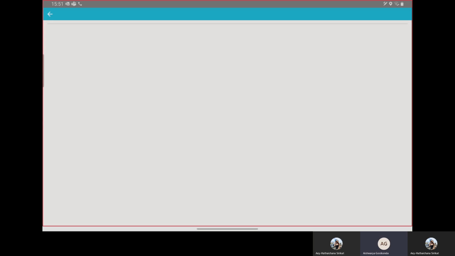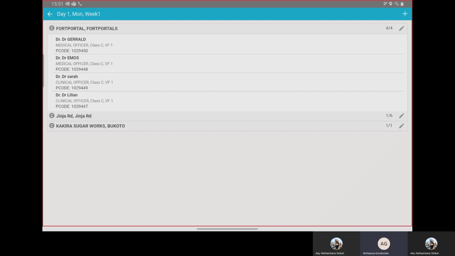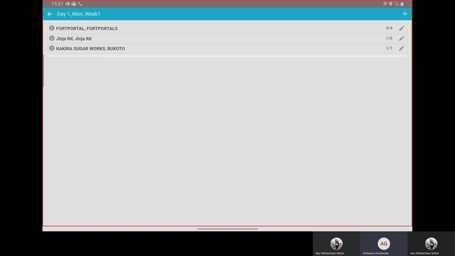When you click on that Fort Portal, you will be able to see all the customers present under Fort Portal. If you have selected four customers, then you will be able to see the four customers. And the second example, if you click on this Kakira Sugar Works patch, then the customer which you have selected from Kakira Sugar Works will be shown under this strip.